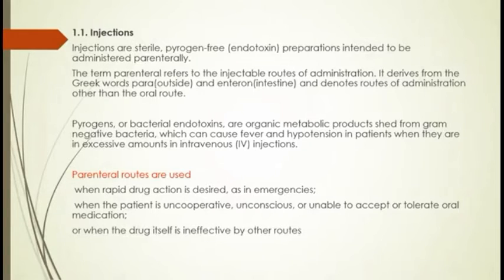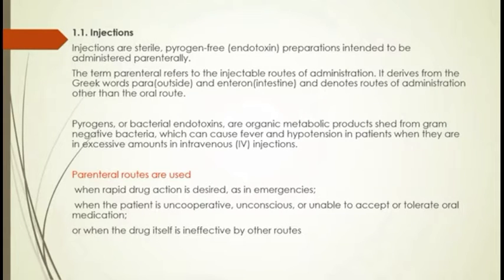So the third one is non-aqueous vehicles. These non-aqueous vehicles are used for certain hormone preparations, and they are fixed oils, and these fixed oils originate from vegetables. They are corn oil and cotton seed oil. So the cotton seed oil is used for hormone preparation. There is a question in GPAT, which oil is used for the hormone preparation, and the right answer is cotton seed oil. And also peanut oil, and in non-aqueous vehicles, sesame oil. So the sesame oil has antioxidant property.